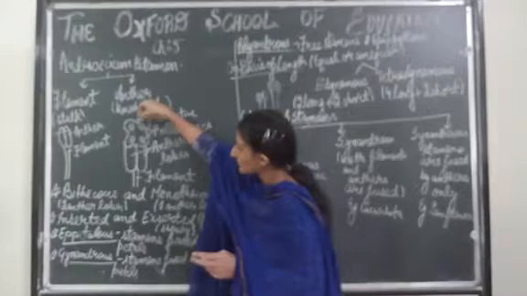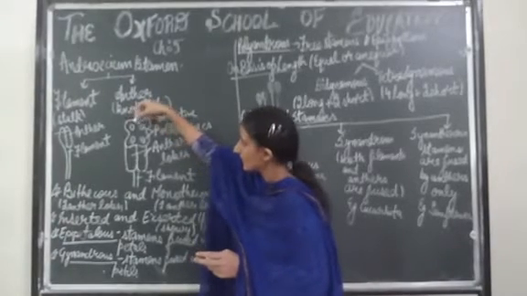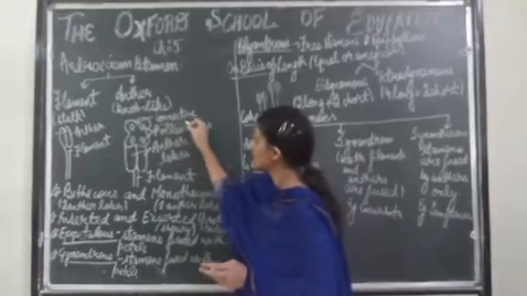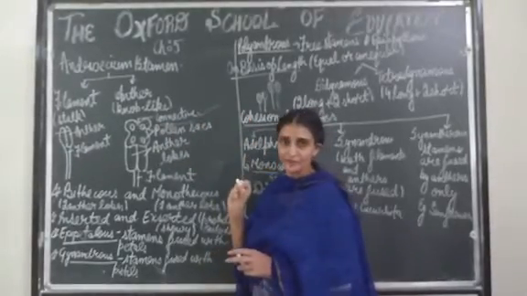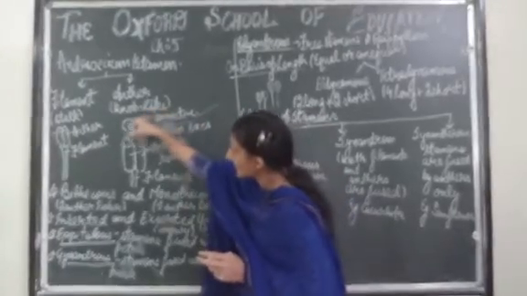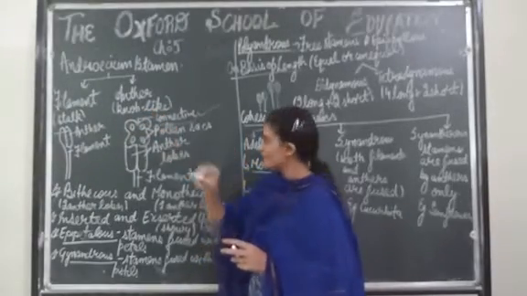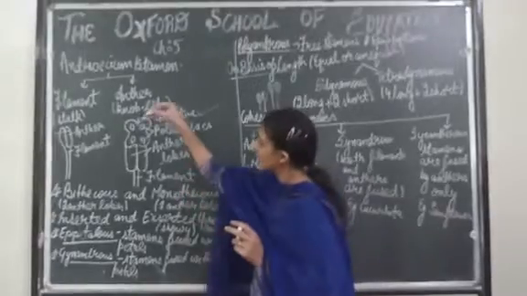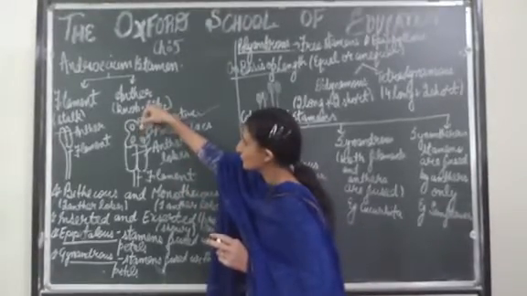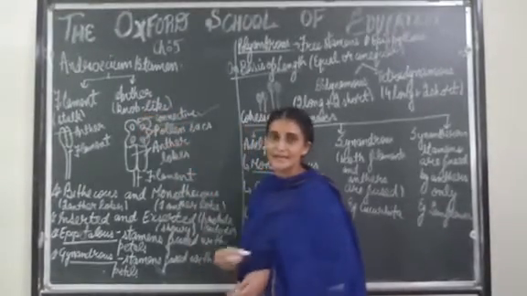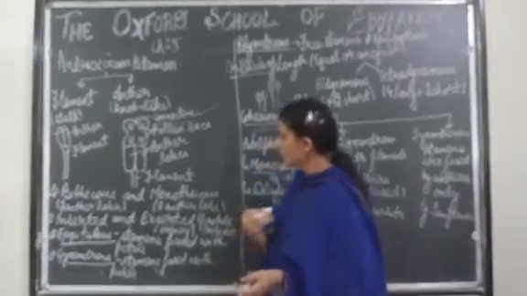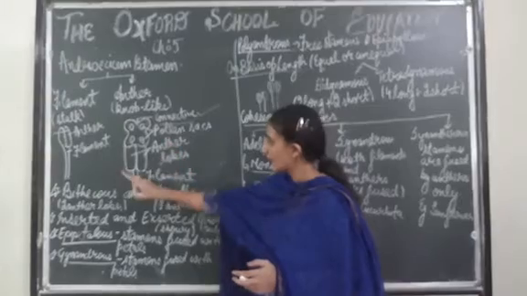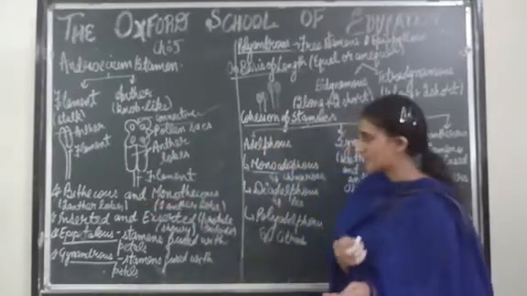Both the anther lobes are connected with each other with the help of a parenchymatous tissue, which is known as connective. So these are the pollen sacs or the mother sacs in which pollen grains are present. Pollen grains generally get their nutrition from this wall, that is tapetum. Here you may see the anther lobes from outside, from inside, and this is again a filament.